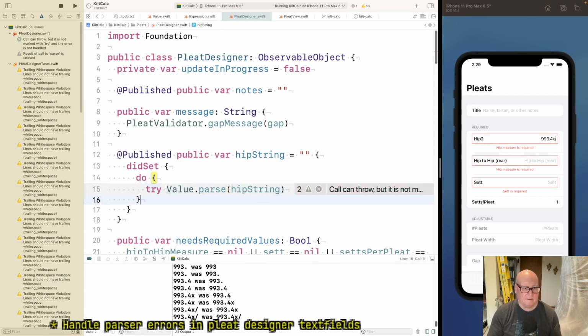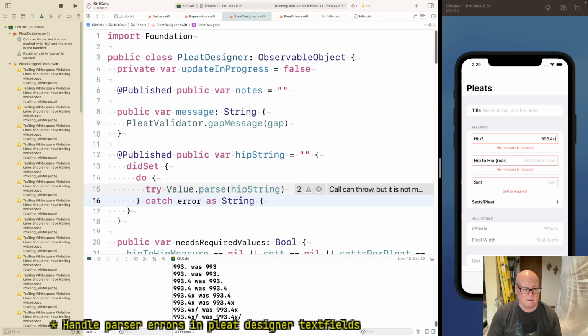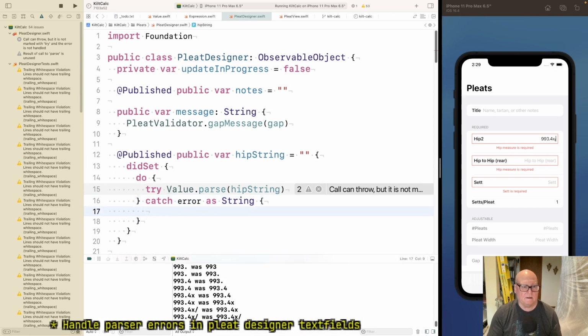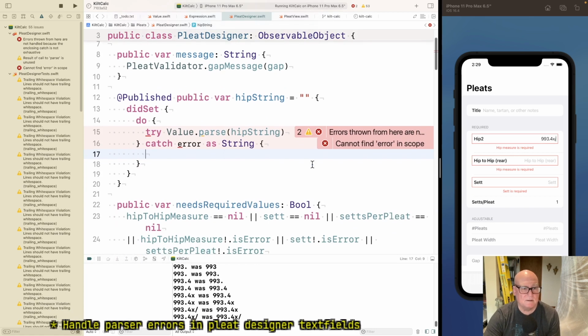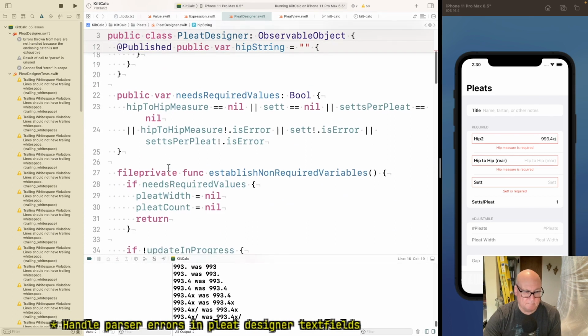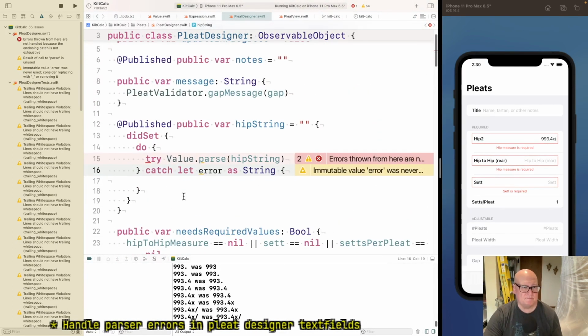Okay. And then we're going to catch error as string. All right, so if it doesn't parse, we're going to set hip message. Hip error.